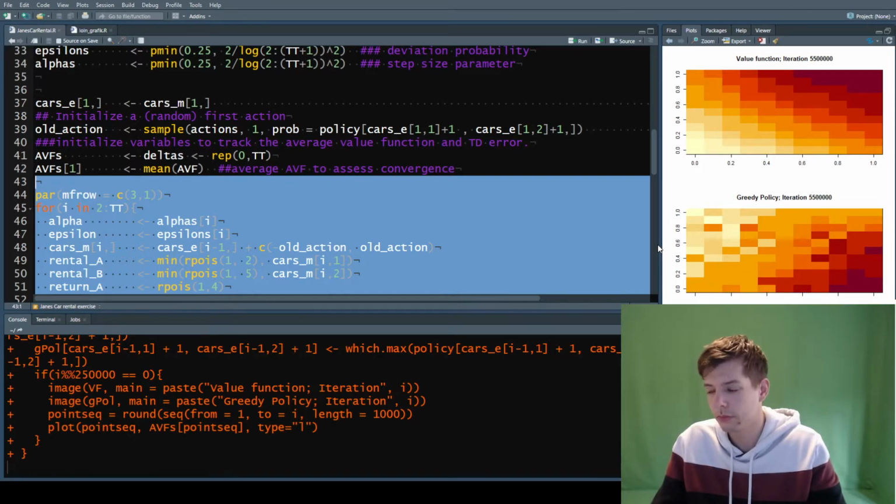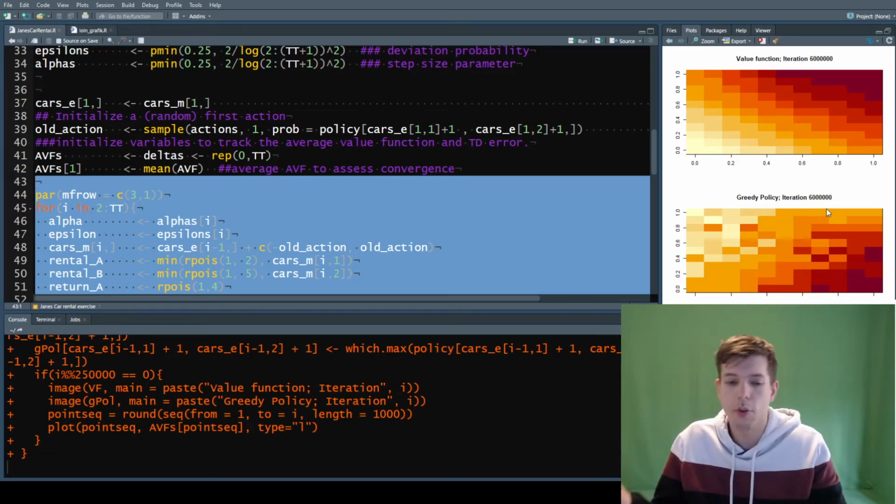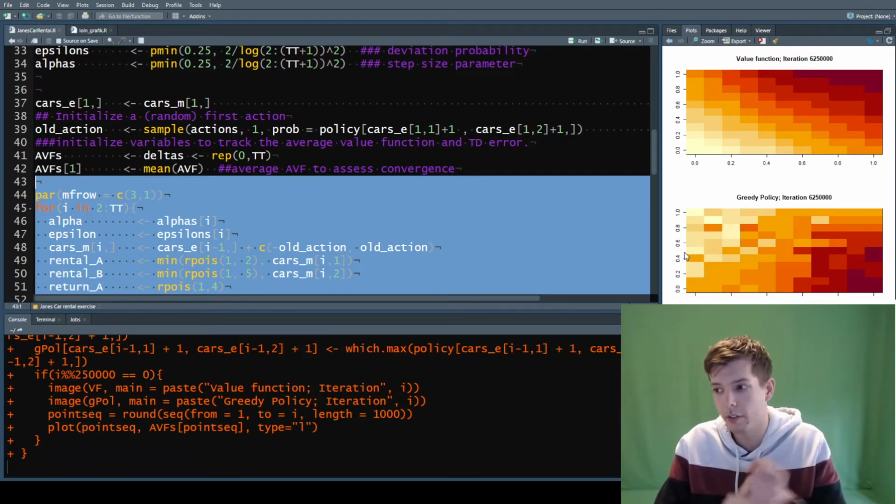Yeah. So you would like to have a three-dimensional plot, and these are like slices to this three-dimensional plot. Is it something like that? Well, what you want to do in the end is not three-dimensional anymore, because you have a state of cars in the first location, you have cars in the second location. Based on that, of course, you always want to do the greedy action in the end, once everything has converged. So that's not a three-dimensional problem anymore, because the probability will converge to a point probability of 1 for one